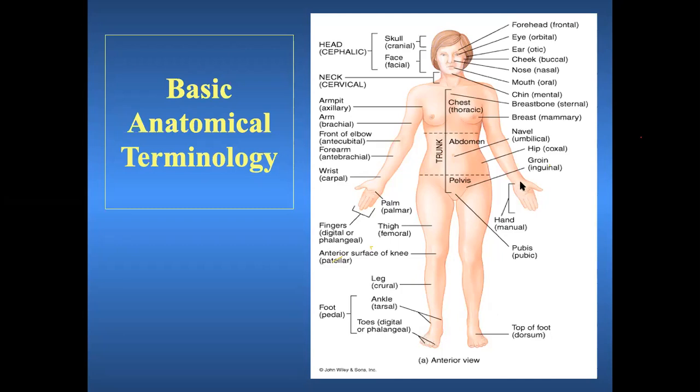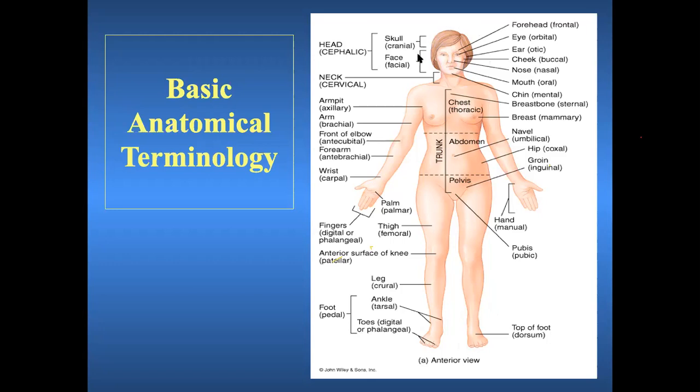If you take the upper limb, this is the cranial or cephalic end, and this is the caudal end of the upper limb. You can use these terms for any organ. For example, in the thumb, this is the cranial or cephalic end, and this is the caudal end. So these are the two terms you have to remember. What is the head end called? Cephalic or cranial. Whereas the bottom is called caudal.